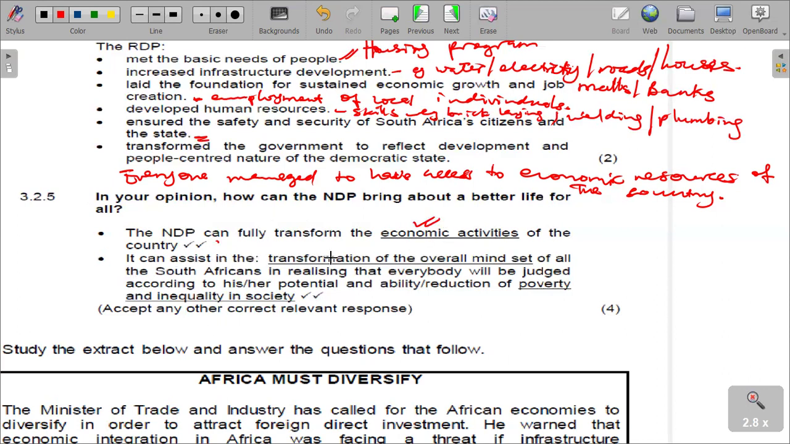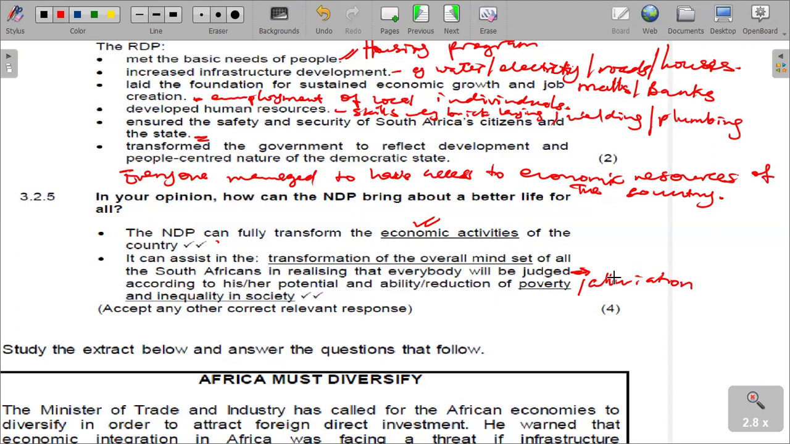It can assist in the transformation of the overall mindset of all South Africans in realizing that everybody will be judged according to his or her potential and ability, which is to say that people could be given access to showcase their talent. We talk about access to development of talents and also to be hired and also to use them. Reduction of poverty,